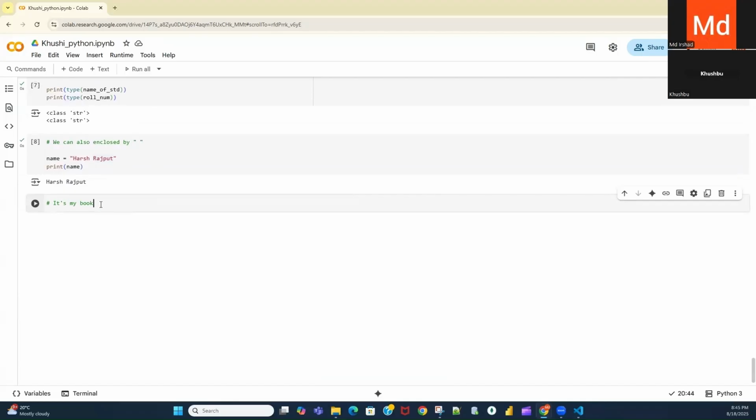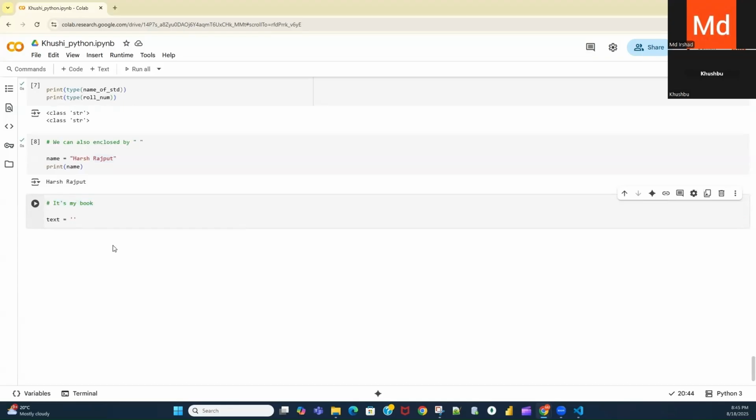Okay, for example, this is just a sentence. I want to store this type of data where a single quote is already there. Now let's say text equal to, and if I use here single quote.